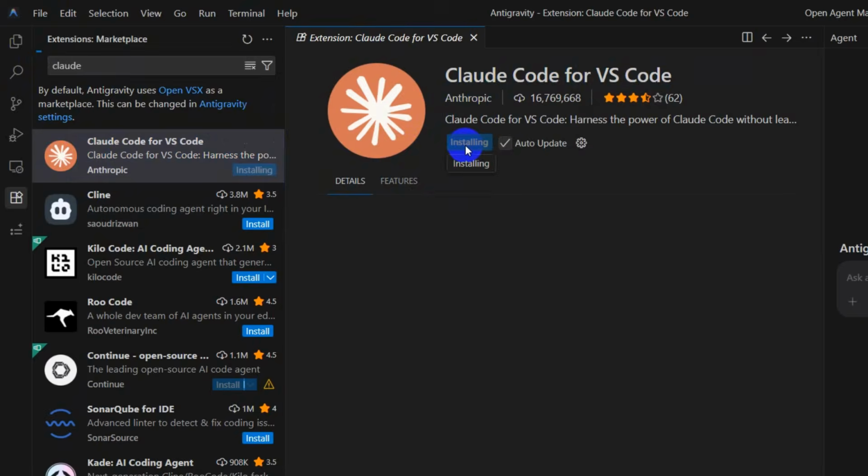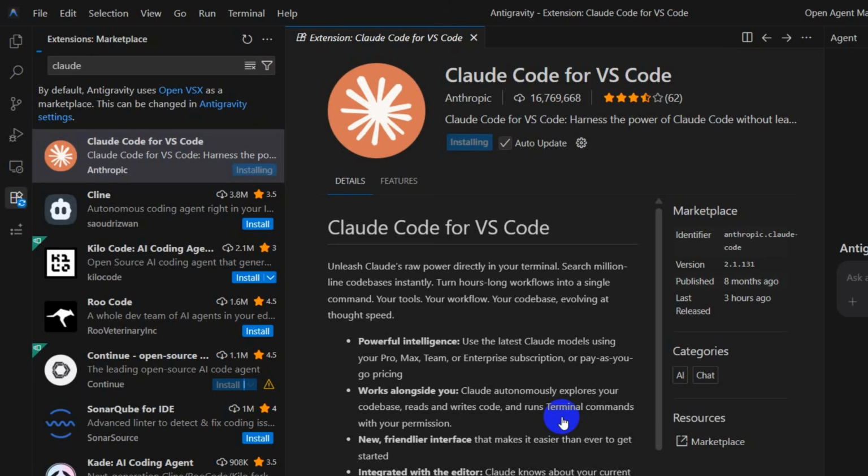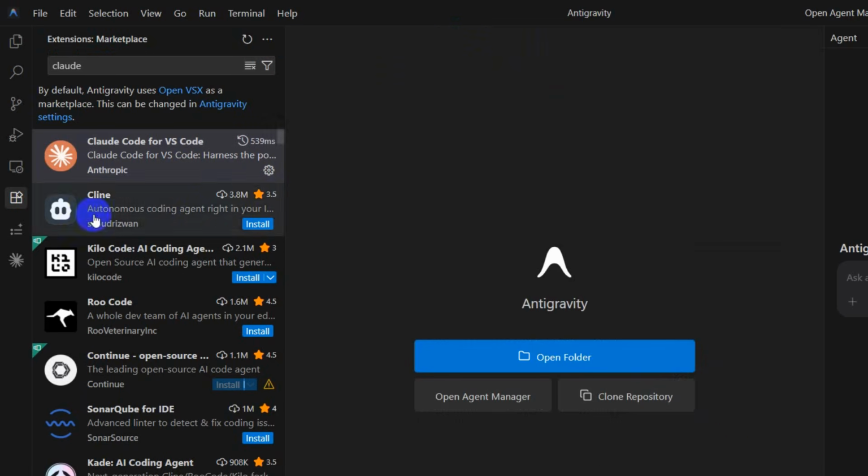So here we're going to click on install, and we need to trust publisher and click on install. There you can see it is installing, and it will take a few seconds. And I can see installation is complete. So when the installation is complete, you can just close this, and here on the left side you will see